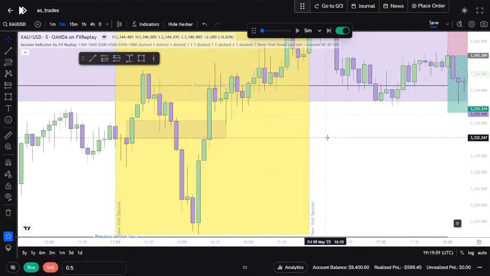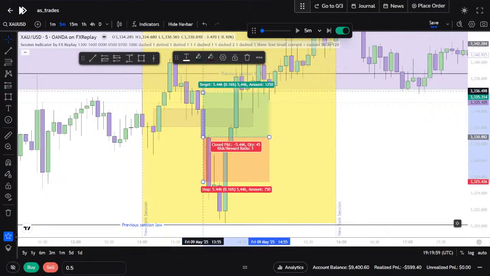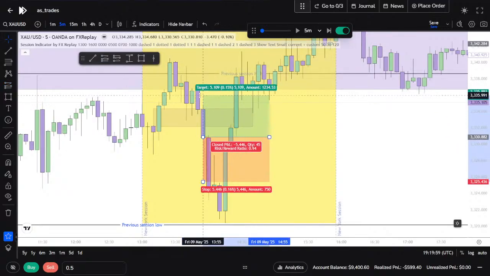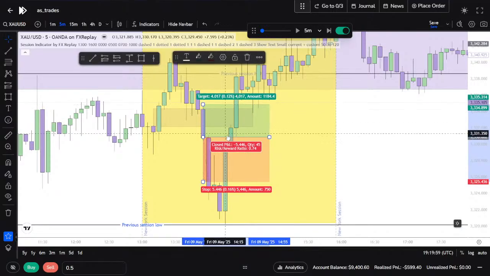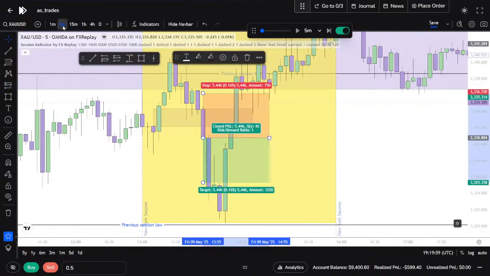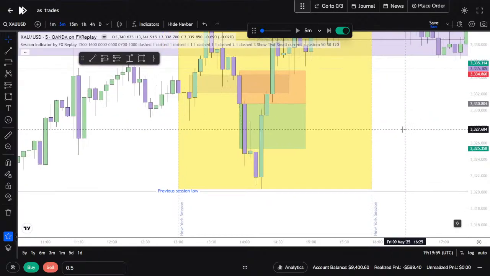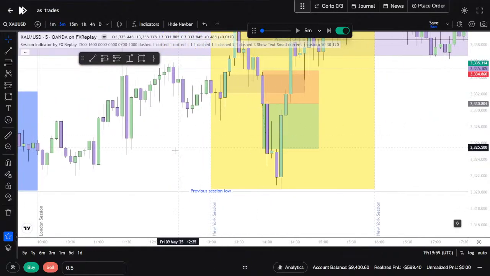Technically I could have taken this trade, but because this was my first time using this analysis, I just didn't take the trade. Okay, that's long. I could have entered at this. I could have even gone down to the 1 minute and looked at that. Then I'd be aiming for other areas of liquidity.